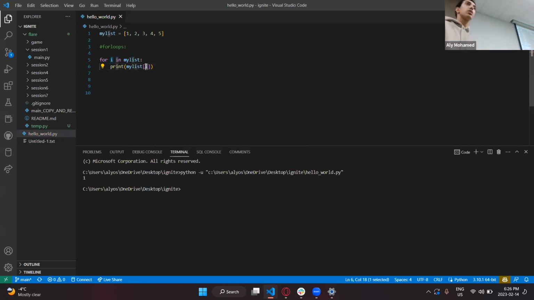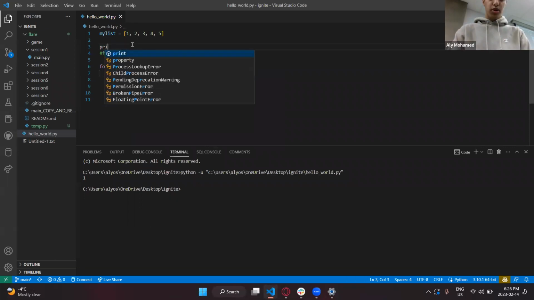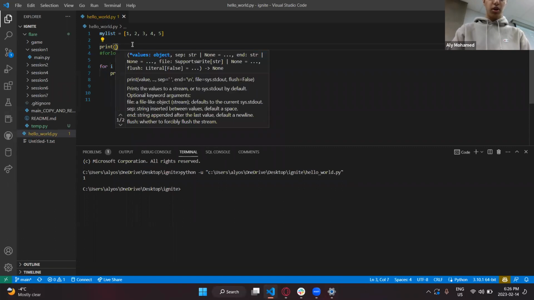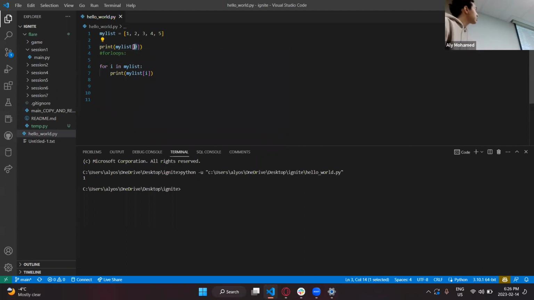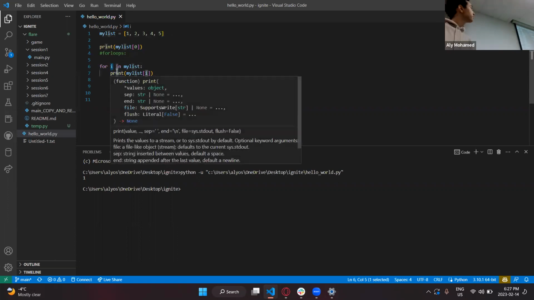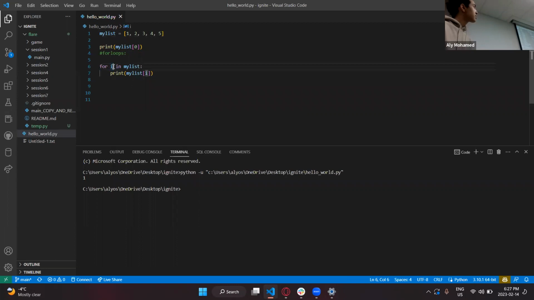So what i holds is the value of the index. So we said before that when we want to get access to a specific element, we would call it like this, right? And so the index of 0 is the first element of the list. So this is index 0, index 1, index 2, index 3, index 4. And for me to access the first one, I need index 0. Now, if I want to access every single element inside this list, what I'm going to do is create a loop and have i be my index. And so for the index inside my list,